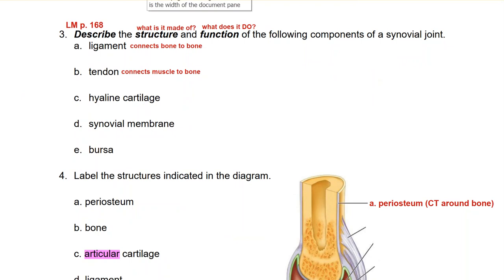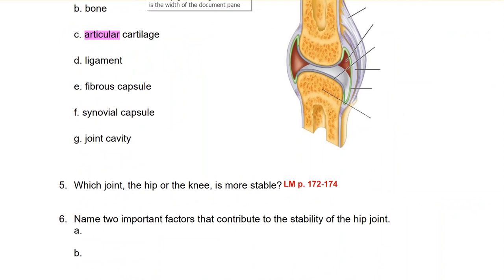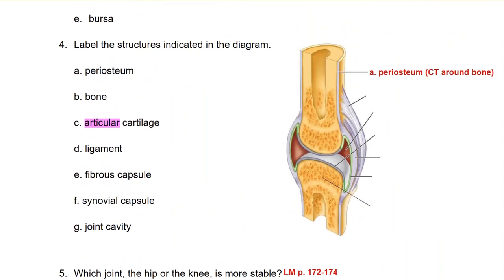Next page just goes into a little bit more information about a synovial joint. And so you have some vocabulary to identify here. And just a reminder, structure has to do with what it's made of. Function is what it does or how it's moving. Ligaments connect bone to bone, and tendons connect muscle to bone. So just keep that in mind as you're answering these vocabulary questions and identifying stuff in the picture. And then it has a little bit of information. So there's a beautiful color-coded picture. This picture is taken directly out of your lab manual. You shouldn't have any problem